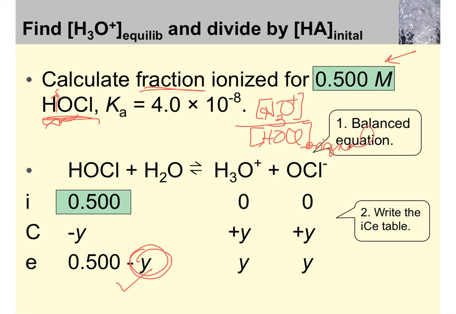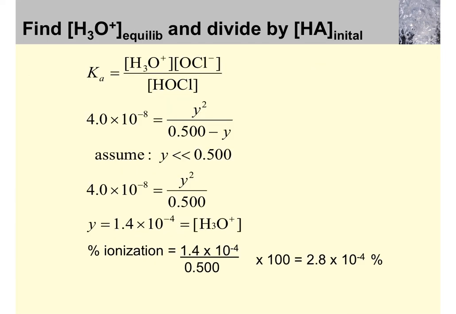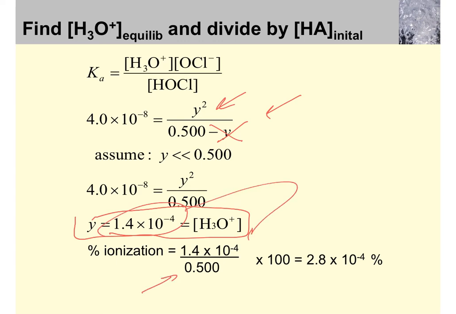All right, but this Y, I'm using Y instead of X here, looks safe to neglect because the K value is quite small. So plugging in the values and neglecting Y because K is very small, solving for Y, which is the hydronium ion concentration, 1.4 times 10 to the minus 4. The original concentration is 0.5,